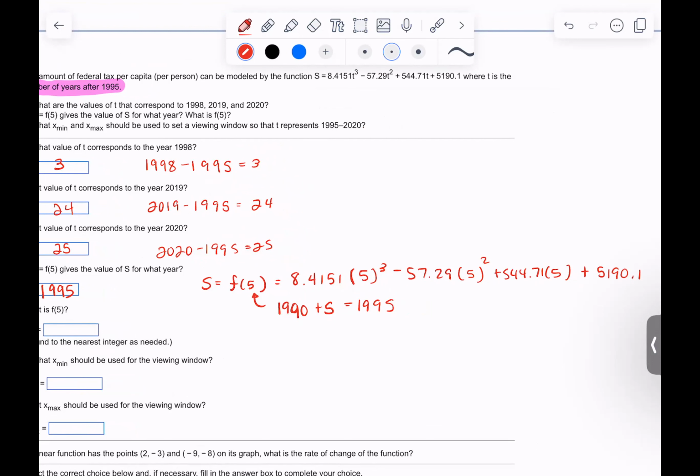So my handy dandy calculator says that would be